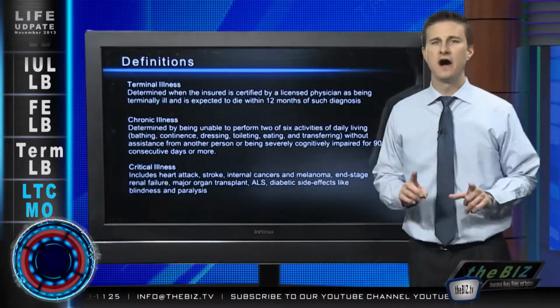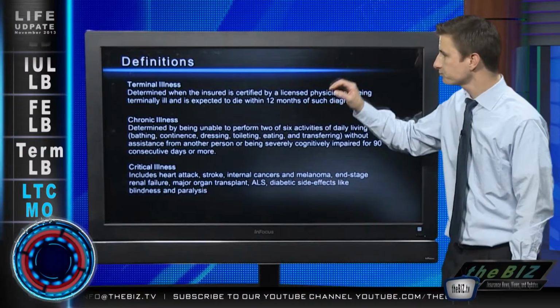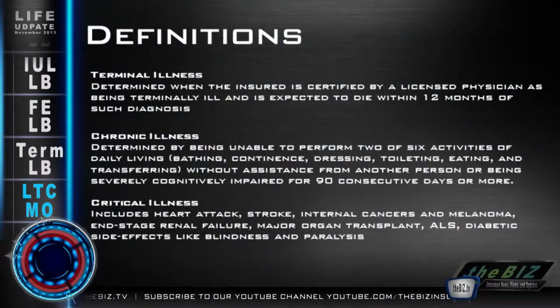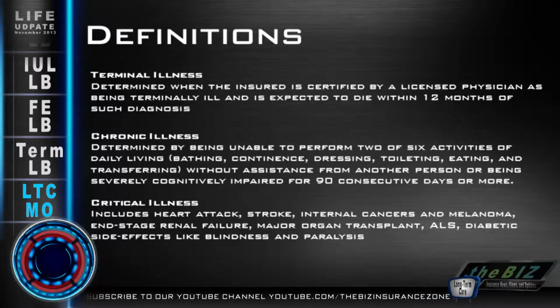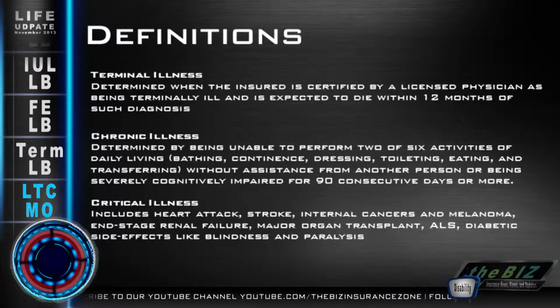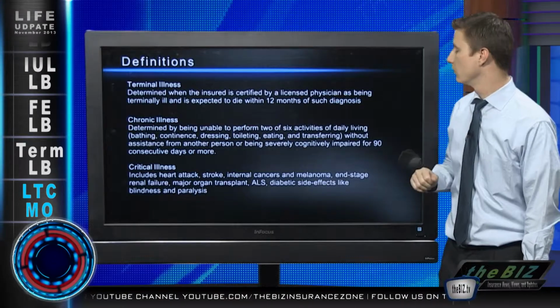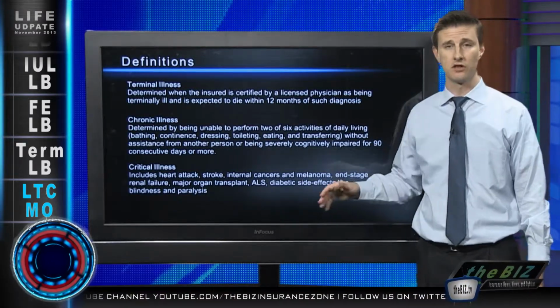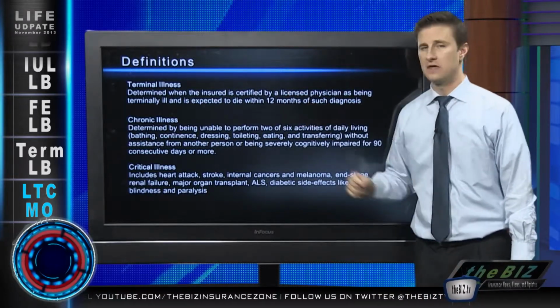Now let's quickly define what these 3 living benefits are before I jump into the products that I want to feature. First and foremost, we have terminal illness. That's determined when somebody is certified by a licensed physician as having a terminal illness and they expect them to pass away within the next 12 months. This is something that we don't experience quite as often as some of the other benefits, but it is there. If you have somebody expected to die in the next 12 months, they potentially are going to qualify